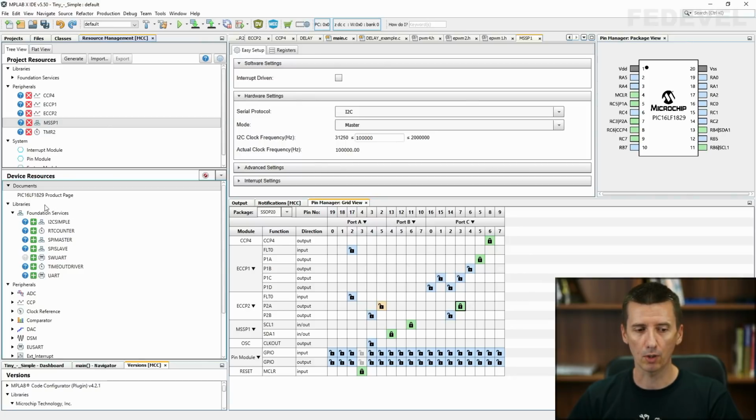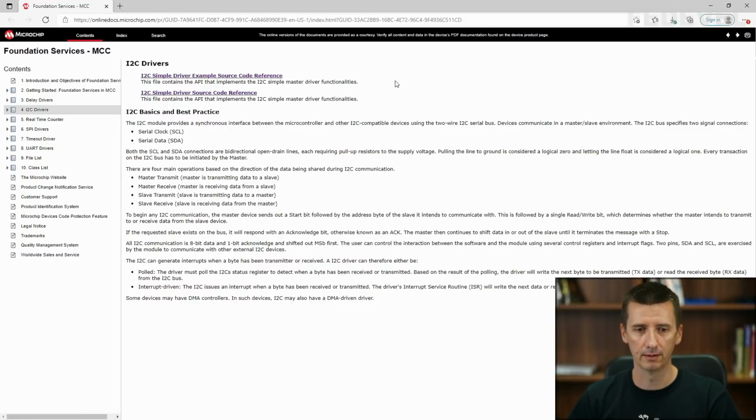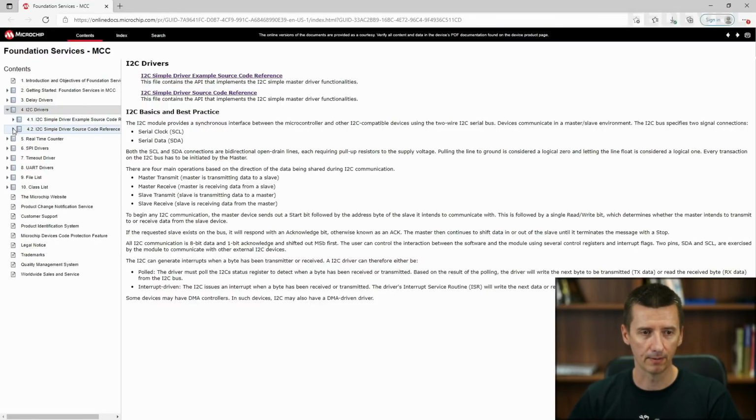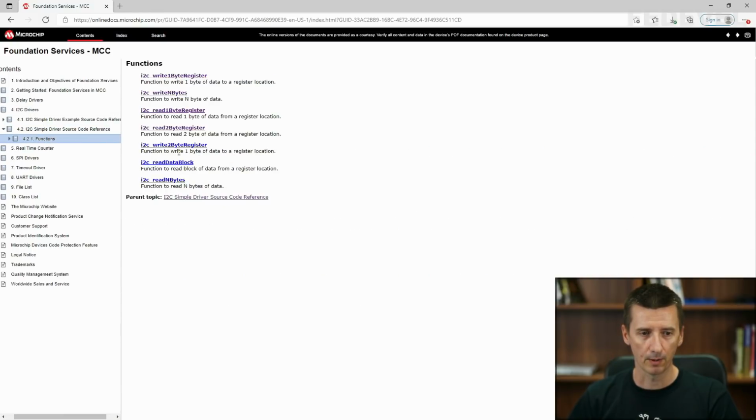If you would like to know what exactly this is doing, you can click on this help button, and you can see when we use this foundation service, we will get access to these functions. And this is exactly what will make it super easy to talk to our accelerometer.